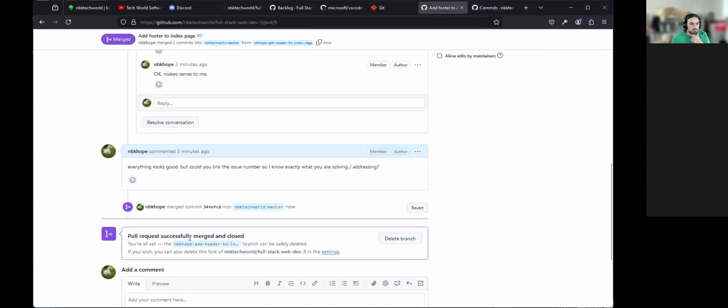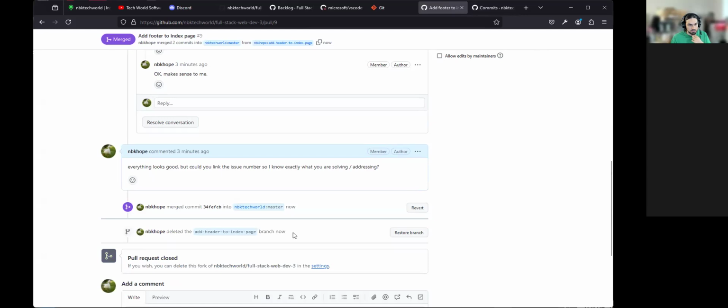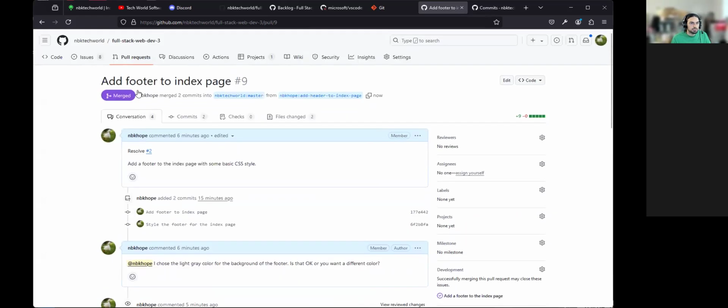So you notice here, I have my branch. Usually you want to delete that because I don't need it anymore. So I can delete it from here. And I have to go to my local and start the cleanup process and synchronization. Because if you go back to the fork,